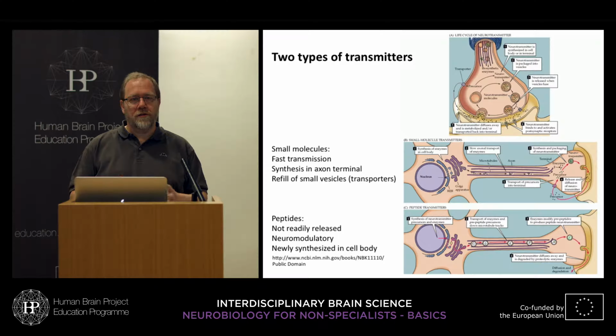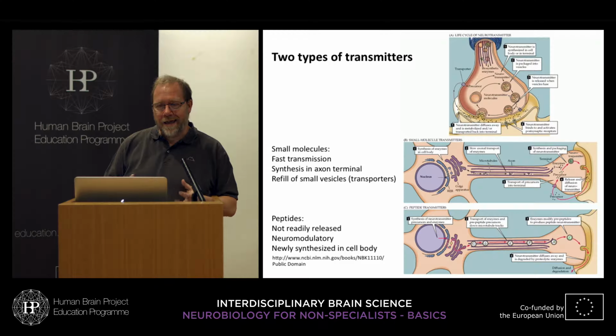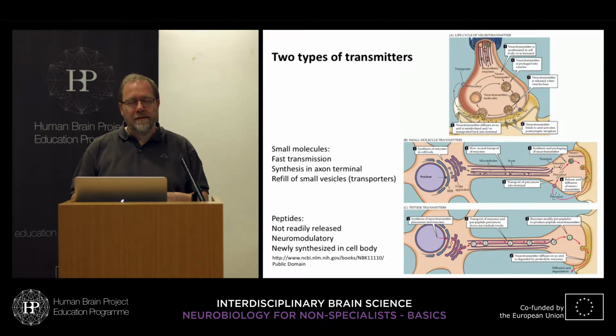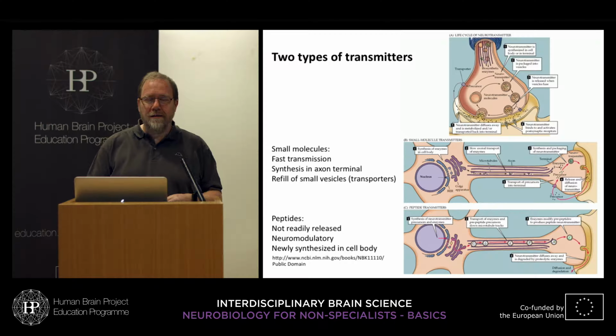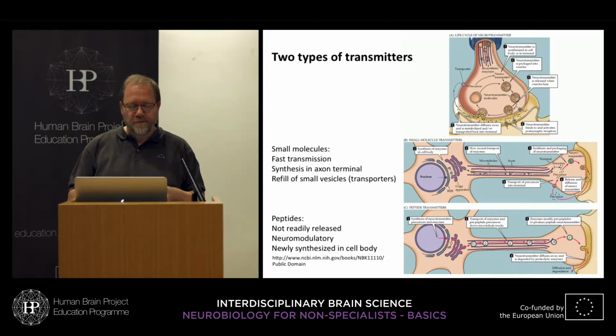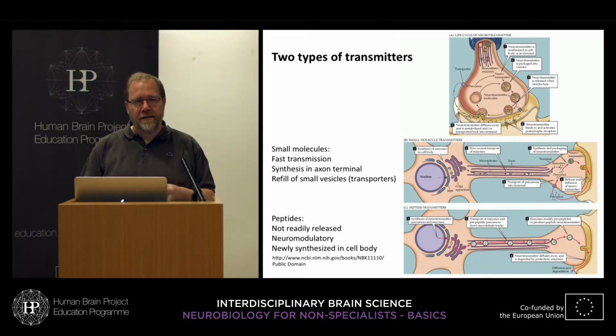So this is a structure in the cell body which is important to sort and to process such proteins. From the endoplasmic reticulum, it's delivered into the Golgi apparatus, which again is important for sorting these precursors of the neuropeptides into the vesicles, into the large dense core vesicles as they are called, together with enzymes which are necessary to process the